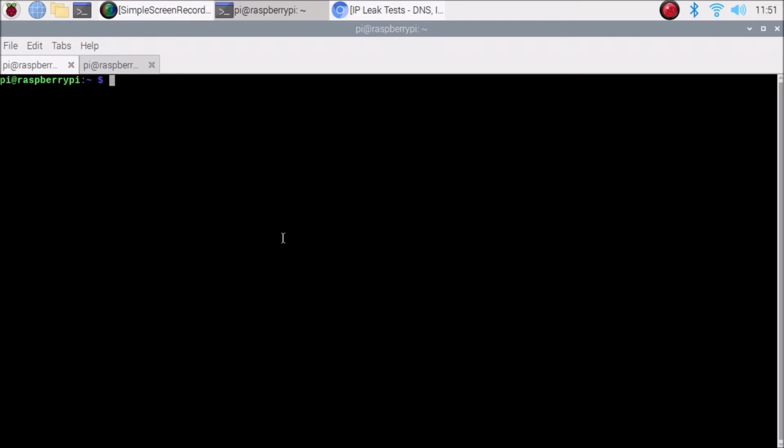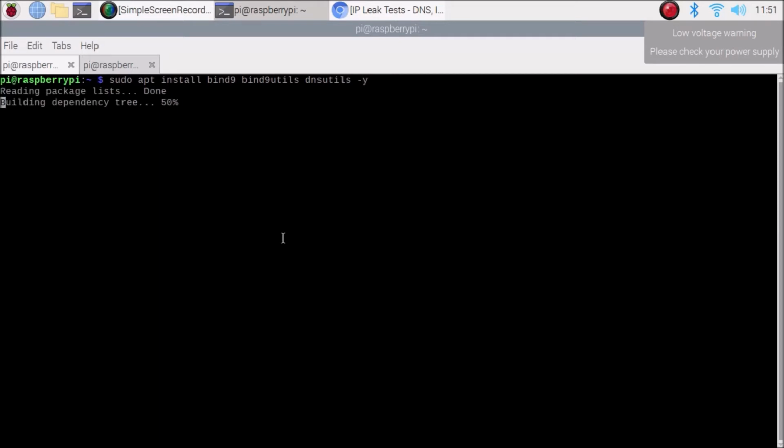Now we are going to install our packages. Simply run sudo apt install bind9, then bind9utils, then dnsutils, and then add -y and hit enter.